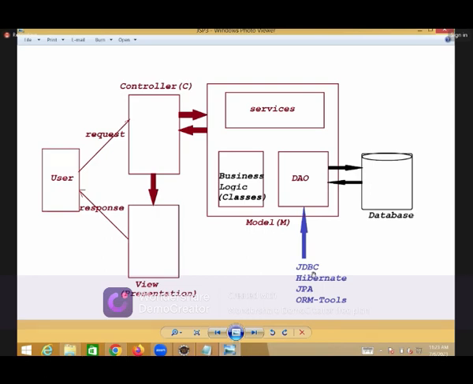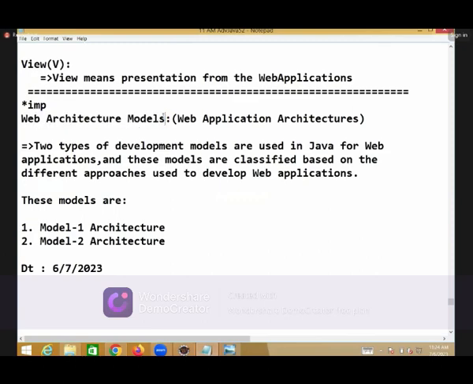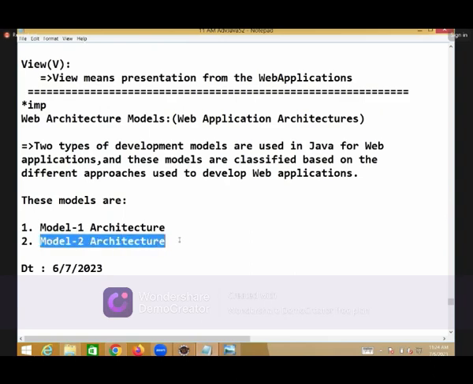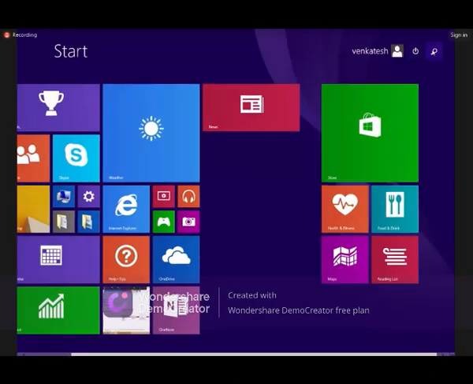You people are sitting in advanced Java, core and advanced. According to advanced Java, I am a web application developer. Whenever I want to present my web application, only web architecture models are used, not general application architectures. In the process of constructing one web application, two models are available. One is model 1 architecture, one is model 2 architecture. In model 1,